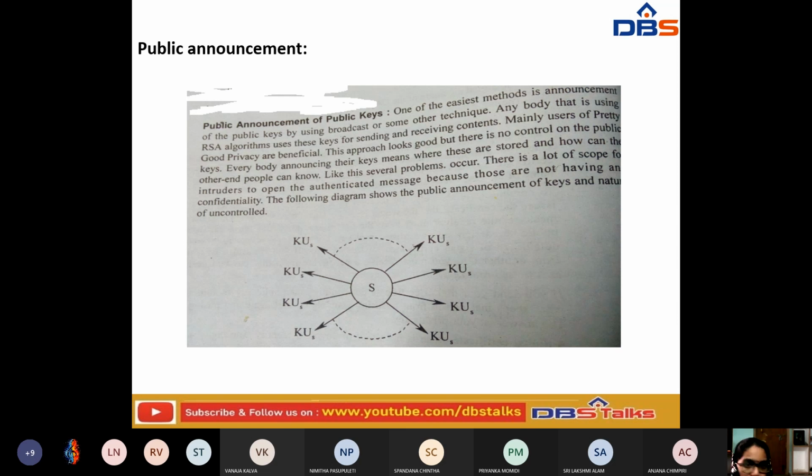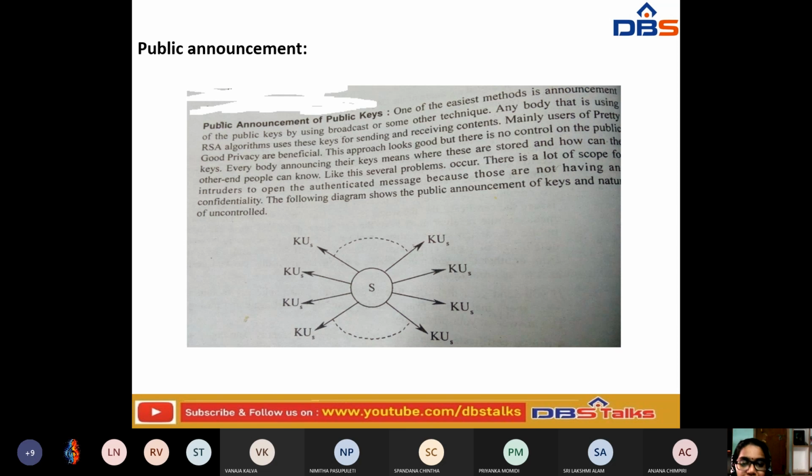If you have observed, whenever you are going to install a particular kind of software, it is going to ask for a key to enter to install, yes or no? Even on the website itself, they provide the key for you to install that particular software. In that example, the key is announced publicly, and they have given access to so many users so that they can easily access that software.